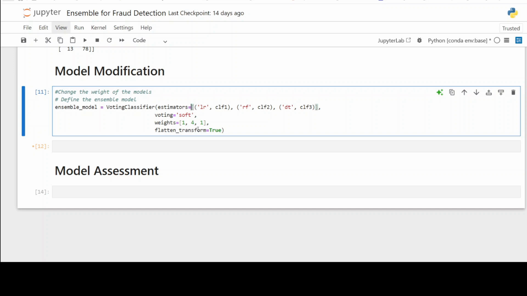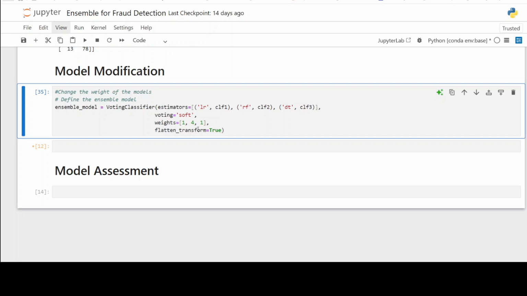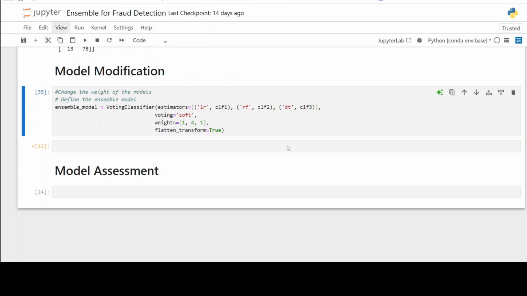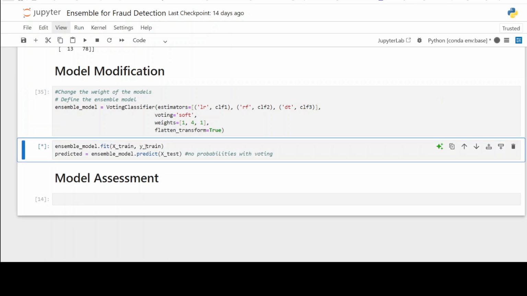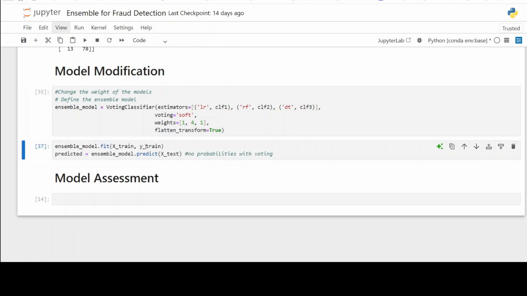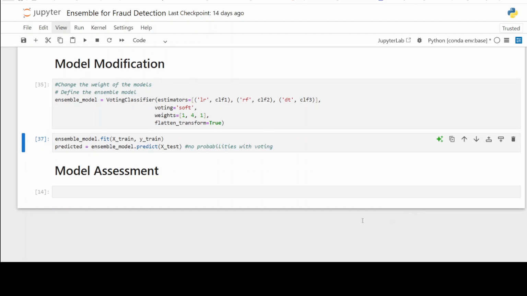So let's go ahead and run this. And then we're going to, of course, fit our data and predict. All right. There we go. Again, there's nothing to see just yet. And then, of course, we have to do the assessment the second time with our modified